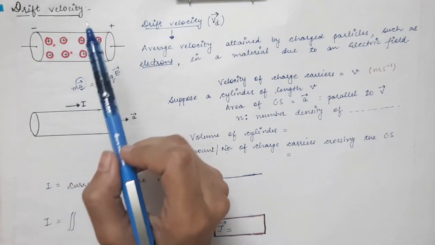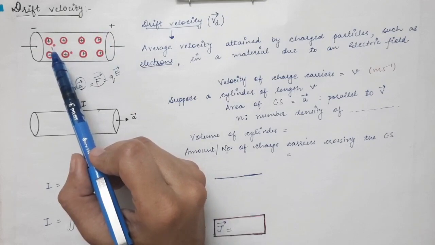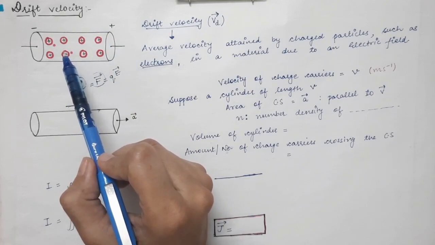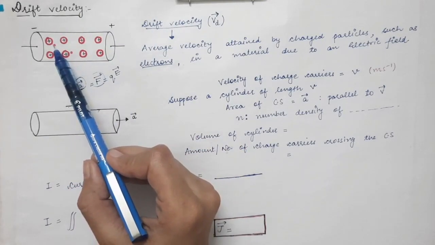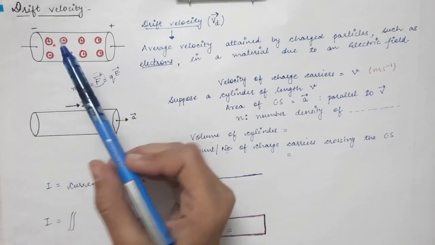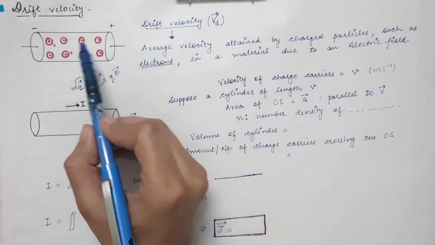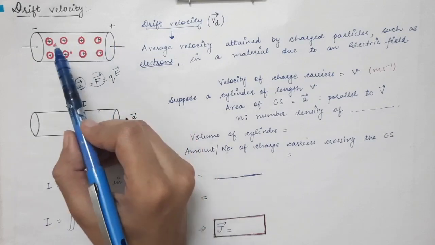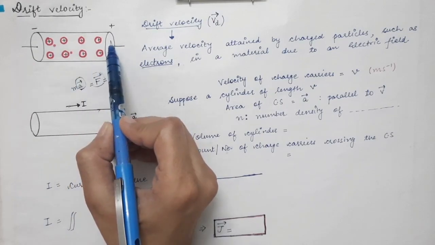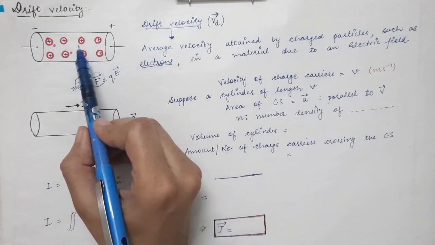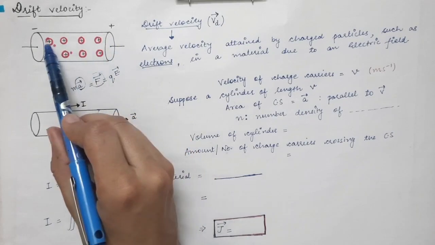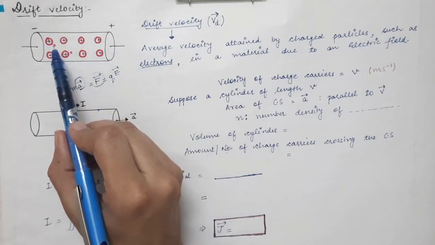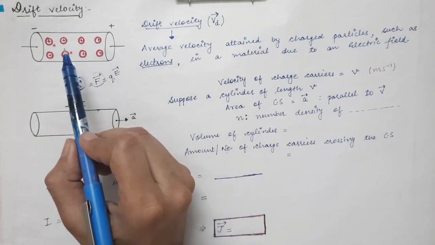We always talk about the free electrons because their mass is also very small, and so the velocity that they attain will be measurable. Now when this electron is placed under the influence of the external electric field, it will start moving towards the positive terminal. As we have already said, the movement of electrons is opposite to the direction of the electric field. So the electric field is applied towards this direction, and electrons will start moving towards the positive terminal, that is, opposite to the direction of the electric field.